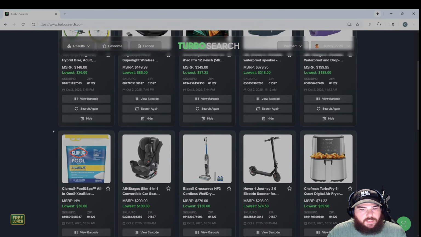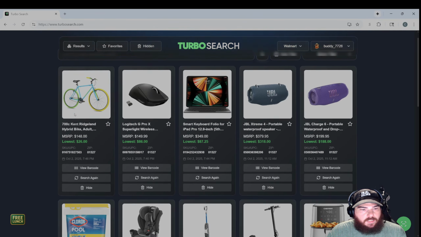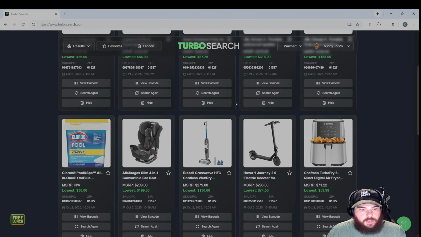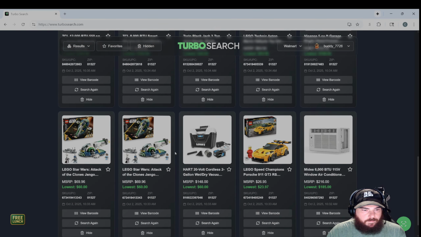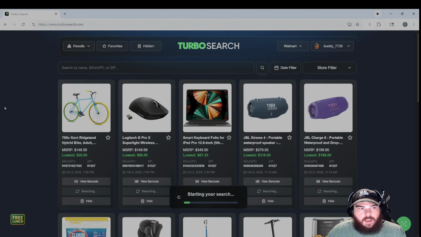Now, if I want to see the results, everything I searched for today on this session and everything I searched last week, I can go here, go to results instead of deals, and this will be everything that I searched. So if you look, while we were on our call, we searched the speakers, we searched car seats. I can go here, research it. So say if it's Monday or Tuesday, I want to search again. I just click that search again icon.